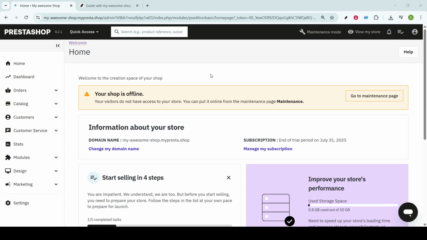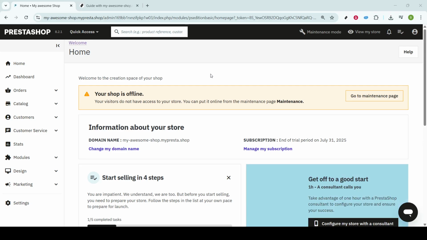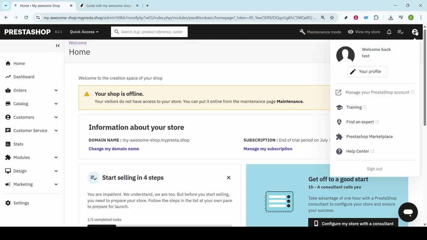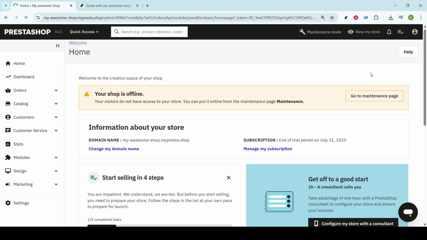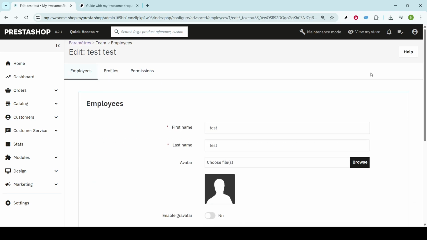Now, direct your attention to the top right corner of the screen and locate your profile icon. This icon acts as a gateway to your account settings and other personal configurations. Clicking on this will open a drop-down menu. From the list of options presented, select Your Profile. This will take you to a section dedicated to the management of your personal information and settings associated with your